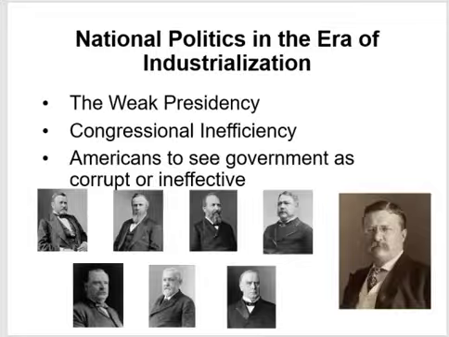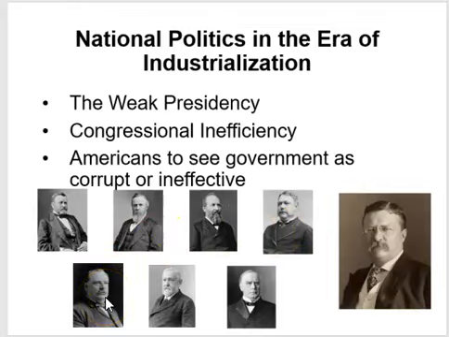If you don't know who these guys are, this one really stops the weak presidency. He comes back in, installs it, makes the presidency more powerful. But this guy, hopefully you recognize him if you know anything about the Civil War. That is Ulysses S. Grant, and he becomes president after Andrew Johnson. Then moving on from him, we have the next president, which is Rutherford B. Hayes, this gentleman. Then you have James Garfield. He's assassinated shortly after taking office, and his vice president, Chester A. Arthur, becomes president.